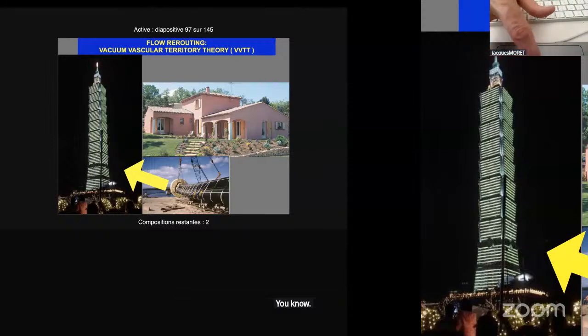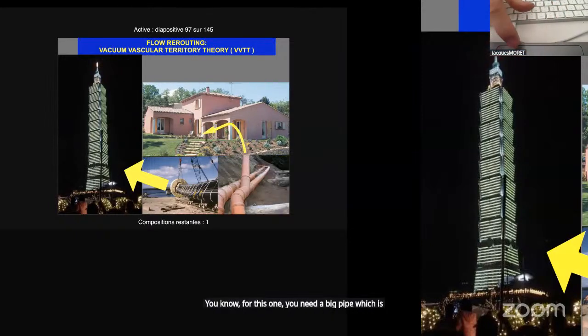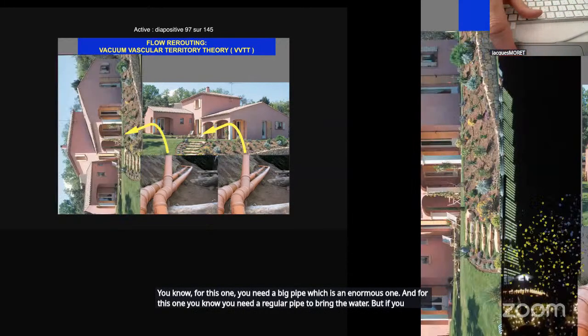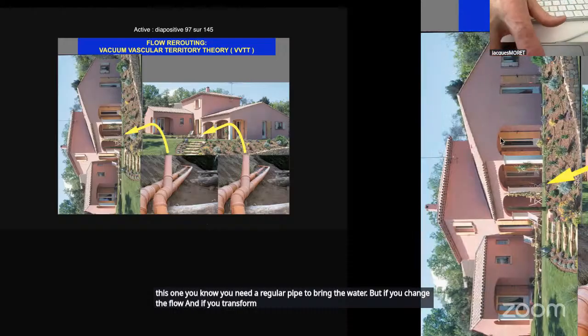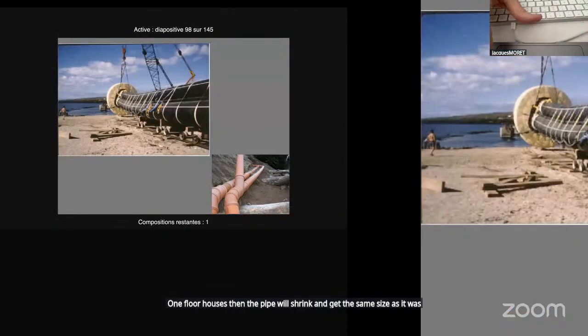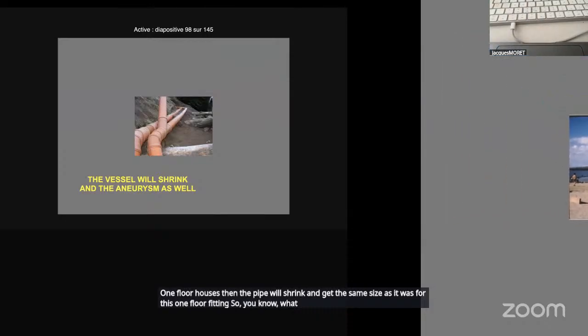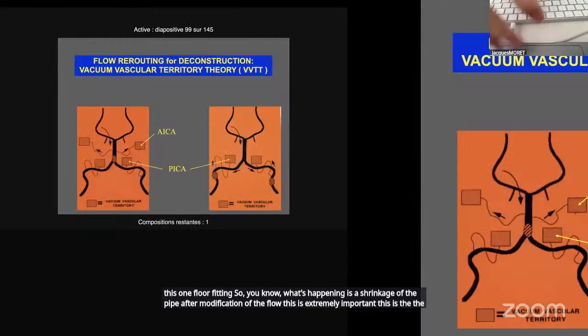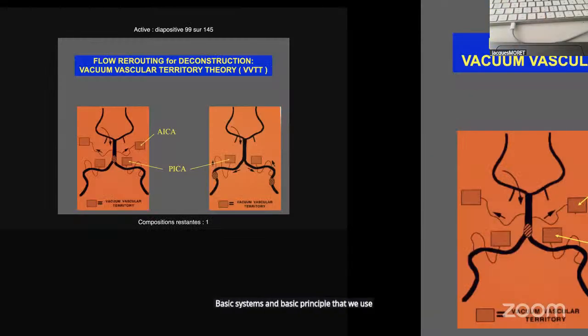For this one, you need a big pipe, which is an enormous one. And for this one, you need a regular pipe to bring the water. But if you change the flow, and if you transform this big tower in a flat, one floor houses, then the pipe will shrink and get the same size as it was for this one floor fitting. So, what's happening is a shrinkage of the pipe after modification of the flow. This is extremely important. This is the basic system and basic principle that we use when we treat those aneurysm with parent vessel occlusion. We have to